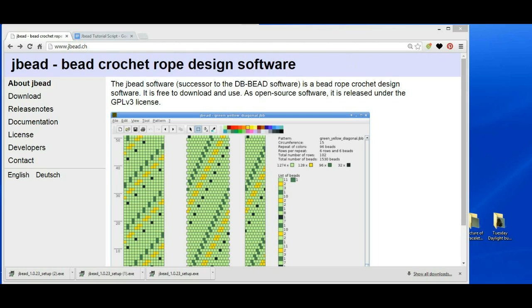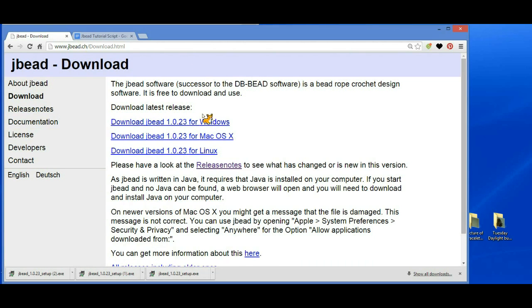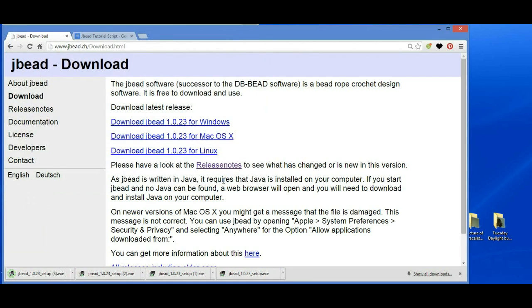Once you are on the J-Bead homepage, click the download button and select the file for your computer: Windows, Apple, or Linux. Since I have a Windows PC, I'll click Windows. Then press the Save button and the J-Bead setup file will download to your desktop. Then go to your desktop and double-click to install.